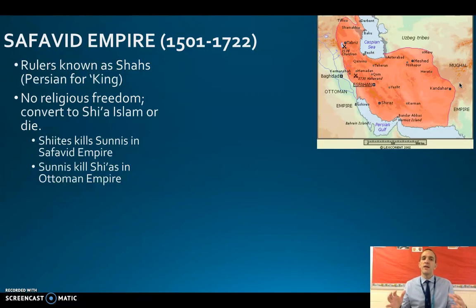So there's a lot of conflict in this region between the Shias or the Shiites. You'll see it both ways. So Shia is right here. The old school way is Shiite right here. And they are going to, in the Safavid Empire,